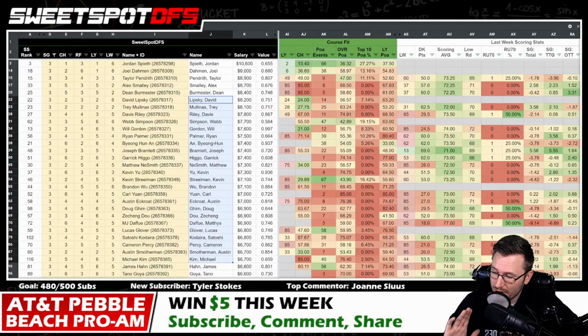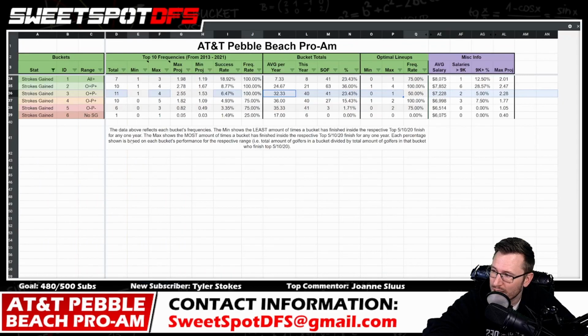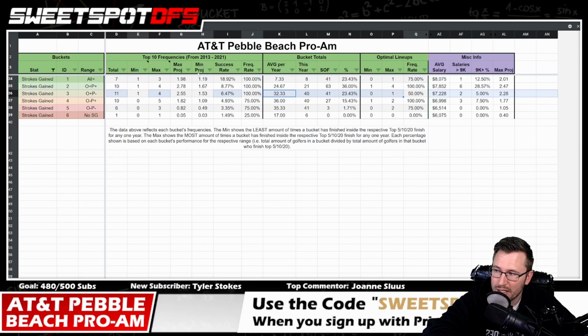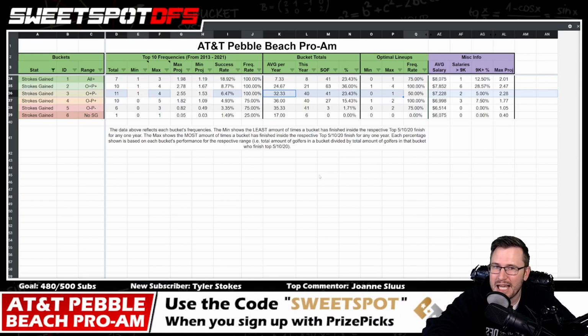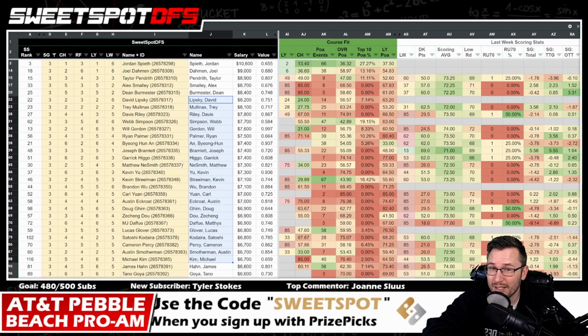like we could see multiple 10K golfers inside the top 10. Jordan Spieth could be a guy that finishes inside the top 10, but finishes 7th, 8th, 9th, or 10th place and is not in the optimal lineup. That's exactly what this reads. When the frequency rate is 50% in optimal lineups, but 100% in top 10s, that's exactly the narrative that's playing out. Spieth could finish top 10, but not in the optimal lineup. And if we're chasing the optimal lineup, that means we're not going with Jordan Spieth, which means I might anchor